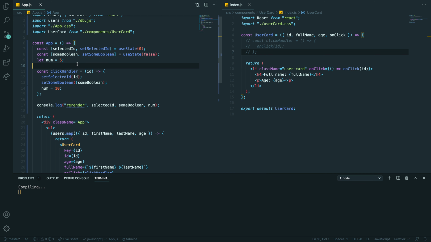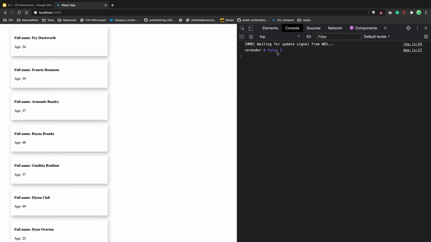So now, refresh. We have 0, false, and 5. So ID 0, false, and 5, which is our number. Now, if I click on any card, I have 3, true, and still 5.